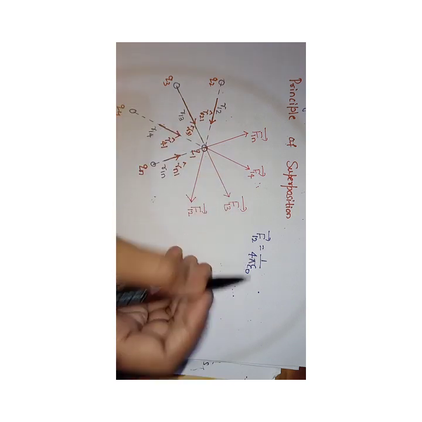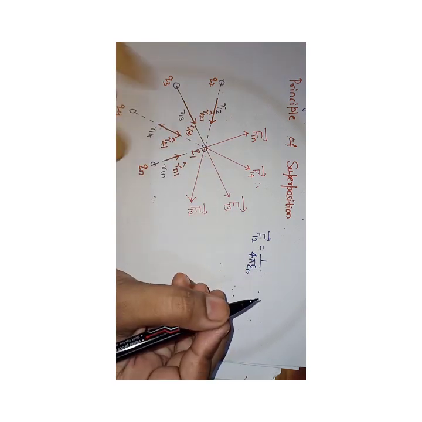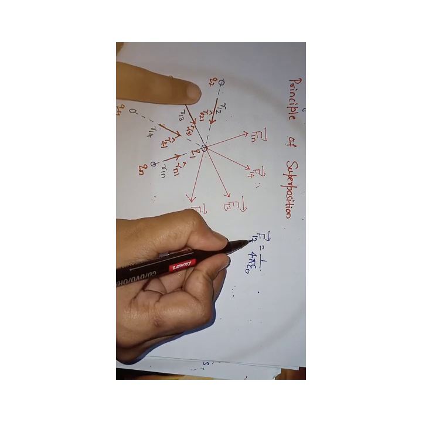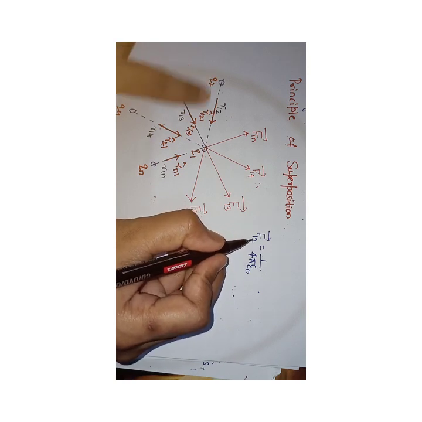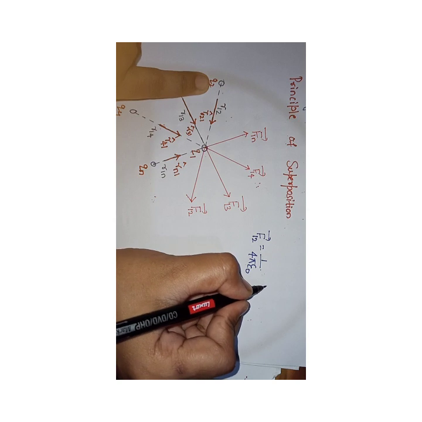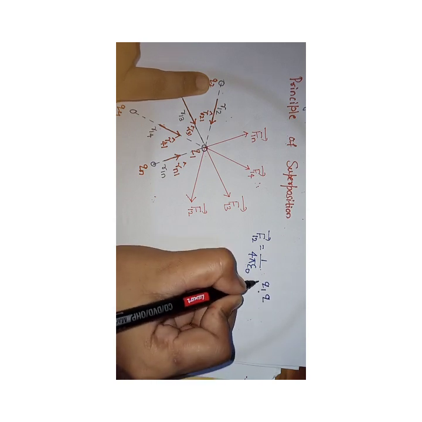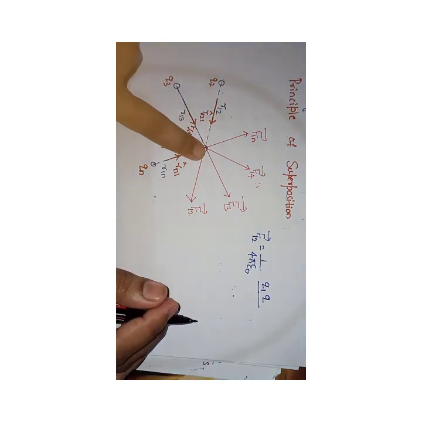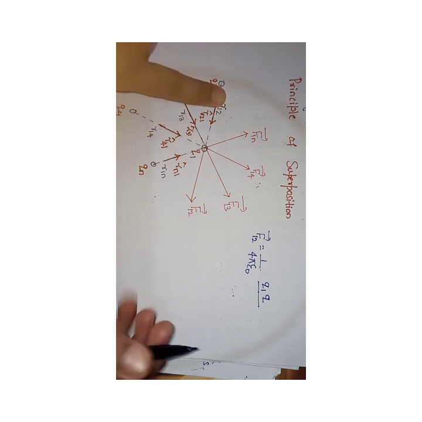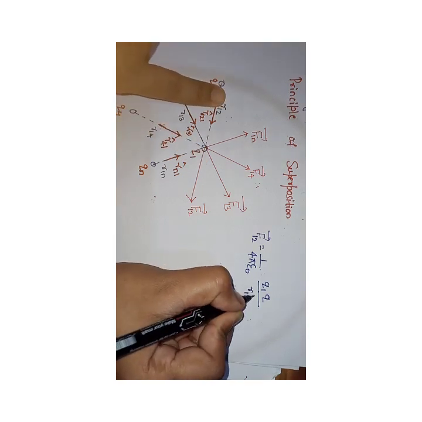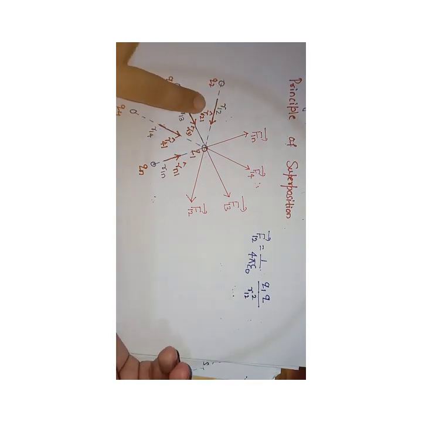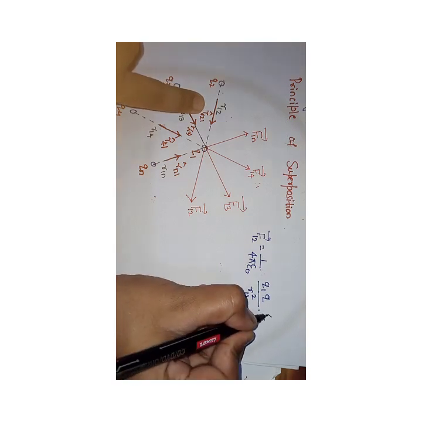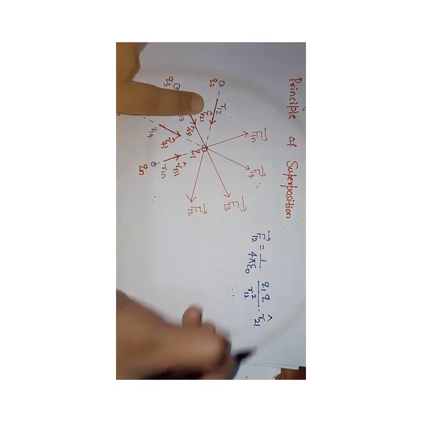So 1 by 4 pi epsilon naught into q1 q2 divided by, what is the distance between q1 and q2 here? r12 square, and direction